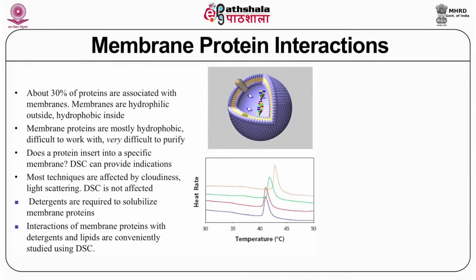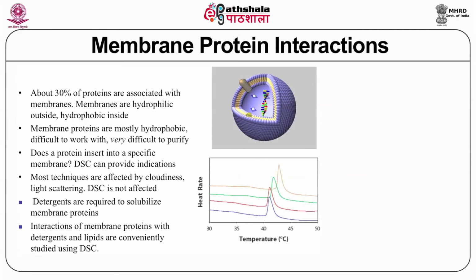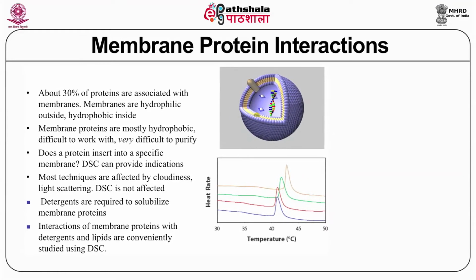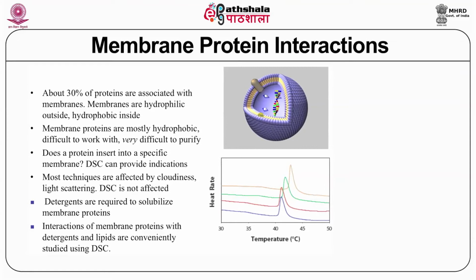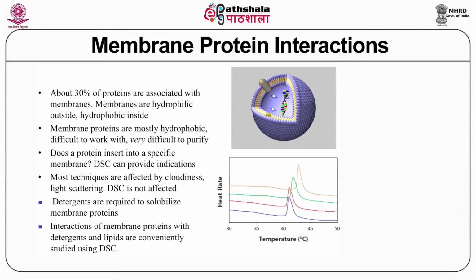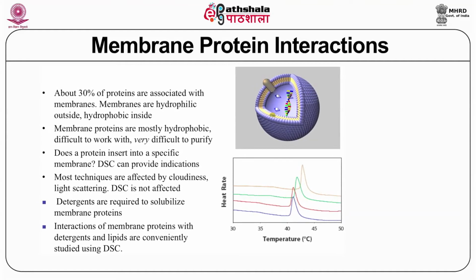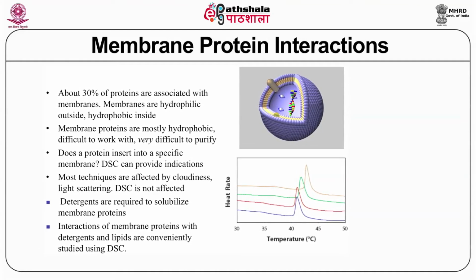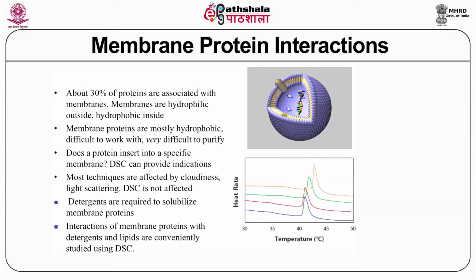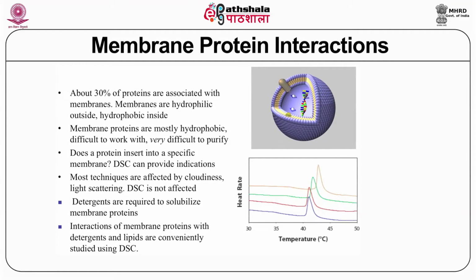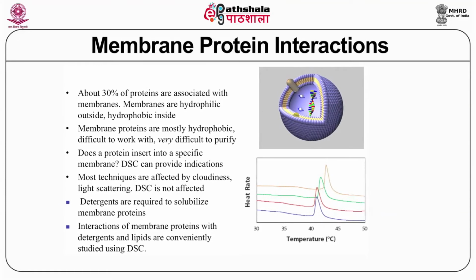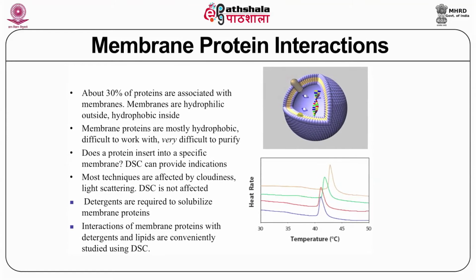Then we do not talk so much about the membranes or the lipids, nevertheless they are really important. They do play an important role in stabilization of the proteins. We talked so much about DNA interaction and protein interaction, but membrane protein interactions are very important because the membrane contains a large number of proteins. Now, this slide shows how the membrane proteins are presented in a schematic, and then of course, the lower graph shows the DSC.